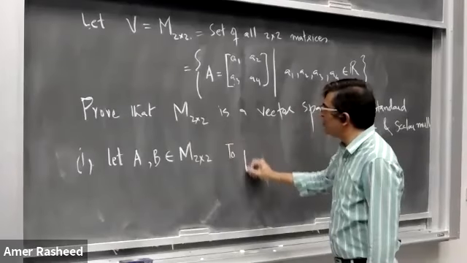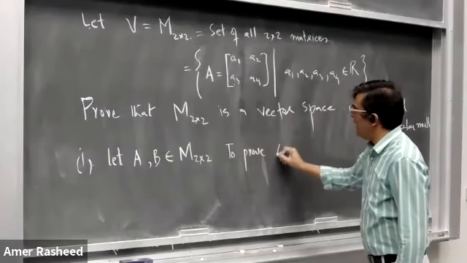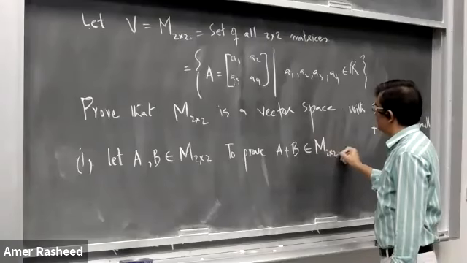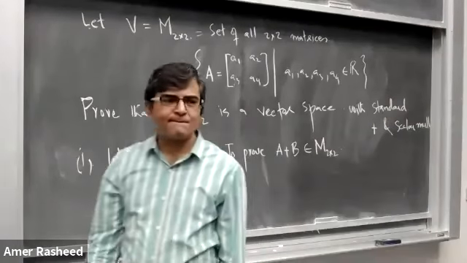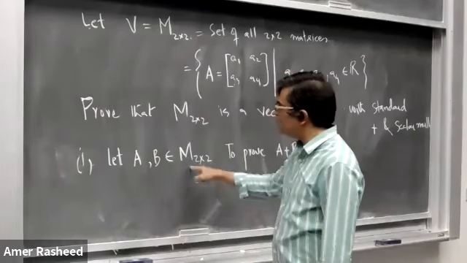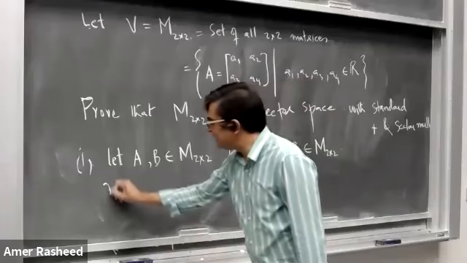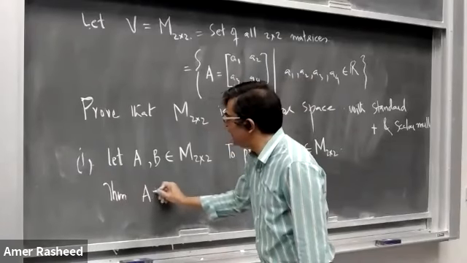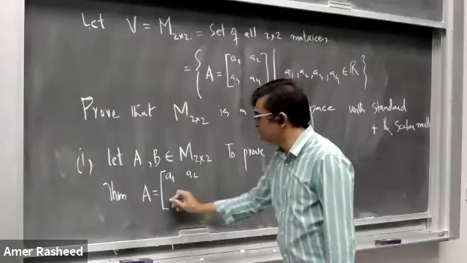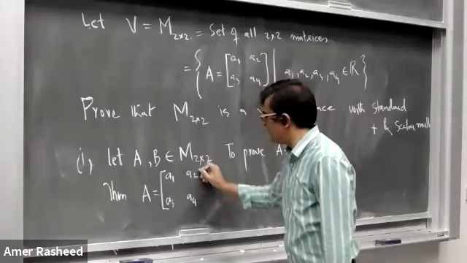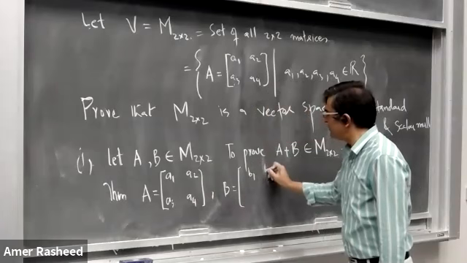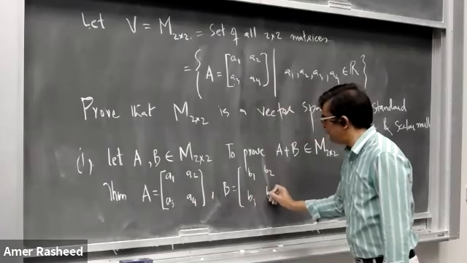ठीक है, ये लेंगे। हमने प्रूव क्या करना है? To prove A plus B belongs to M22. ओके, इसको प्रूव करने के लिए हम क्या करेंगे? क्योंकि A B जो है M2 क्रॉस 2 को बिलोंग करता है, देन A को हम कैसे लिख सकते हैं? A को हम लिख सकते हैं कोई भी जनरल मैट्रिक्स 2 क्रॉस 2, A1 A2 A3 A4। ठीक है, और B को हम कैसे लिख सकते हैं? B1 B2 B3 B4।